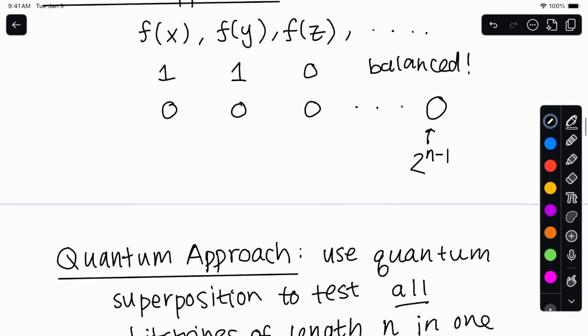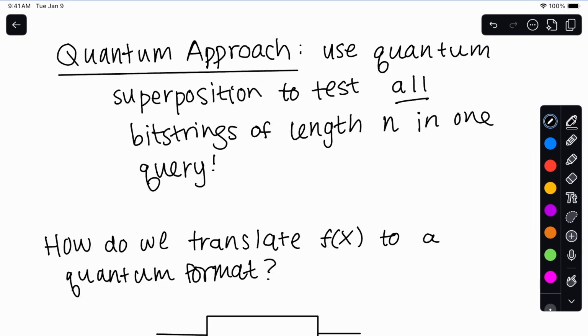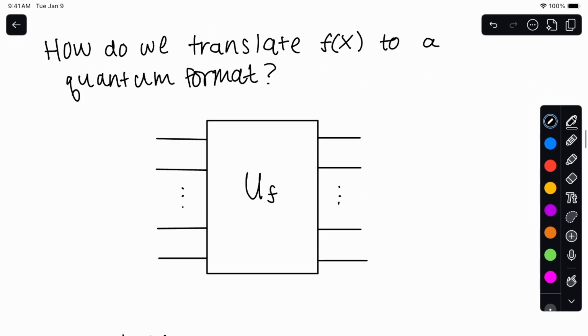But with quantum mechanics, we can actually use quantum superposition to test all of the bit strings of length n in one query. The first thing we need to do, though, is translate our function f of x into something that our quantum computer can understand. Last week, we learned about oracles, and oracles are a way to encode functions or computations into a set of quantum gates. So basically, we're going to take our function f of x, and we're going to turn it